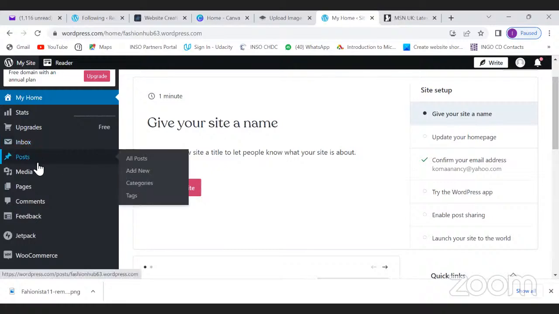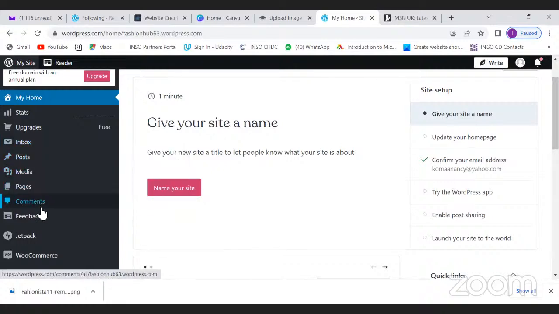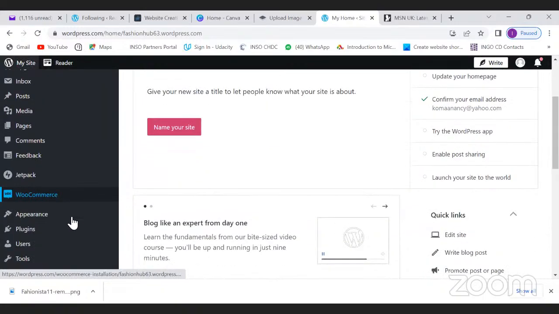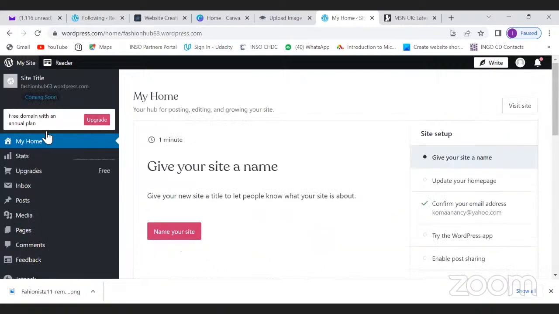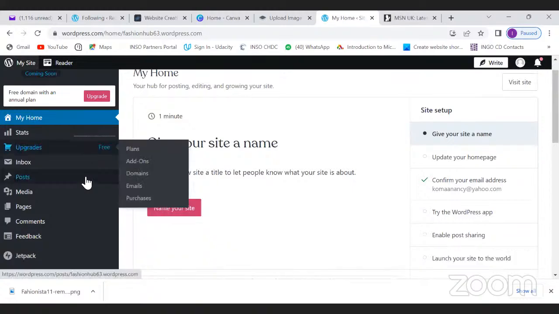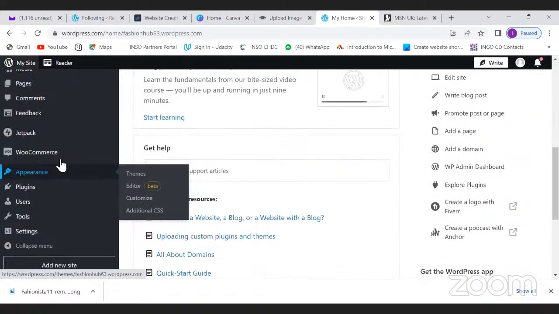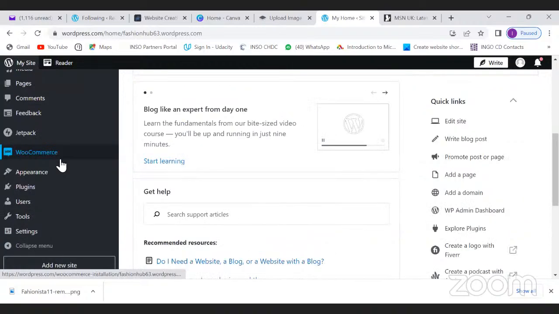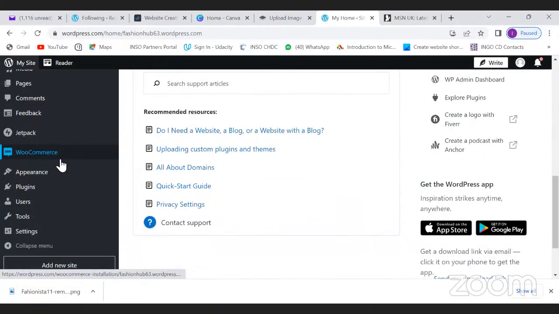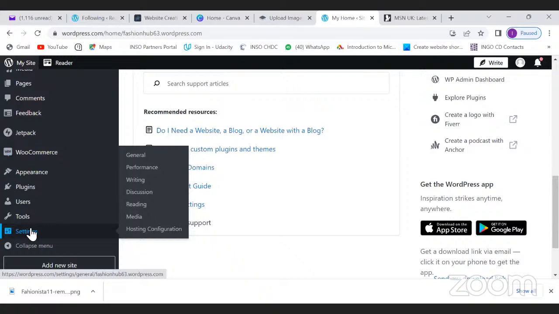So we have posts, media, pages, comments, Jetpack, WooCommerce, appearance, plugins, users. That is just the dashboard, yeah? So for you to start working on your site, the first step is for you to go to your settings. When you go to settings,